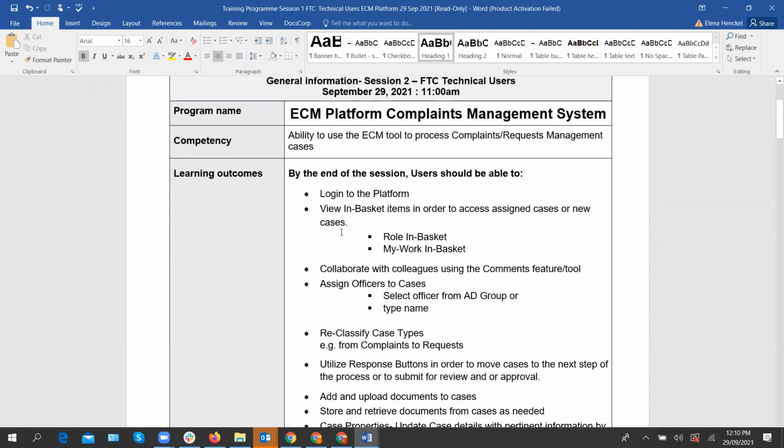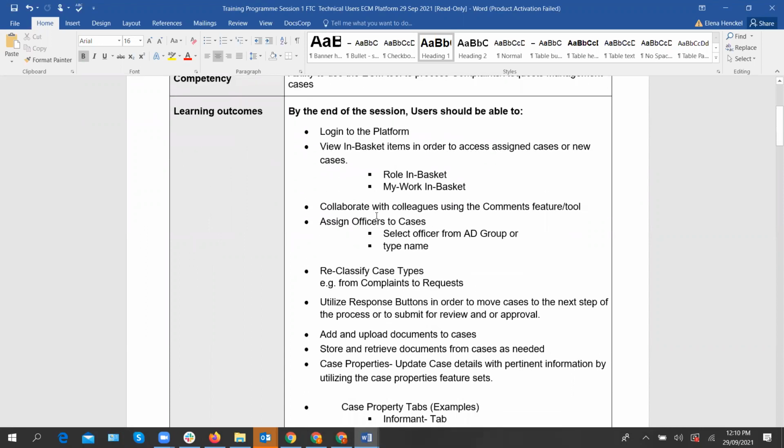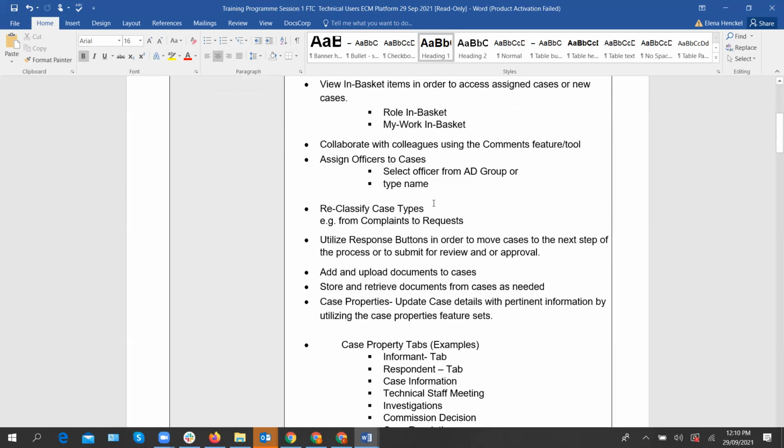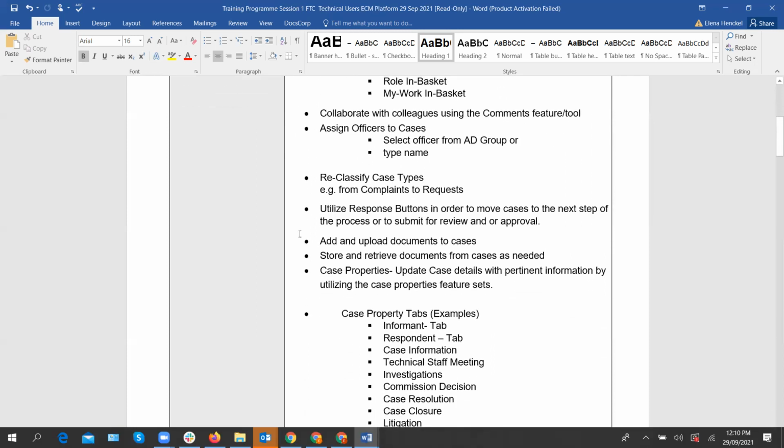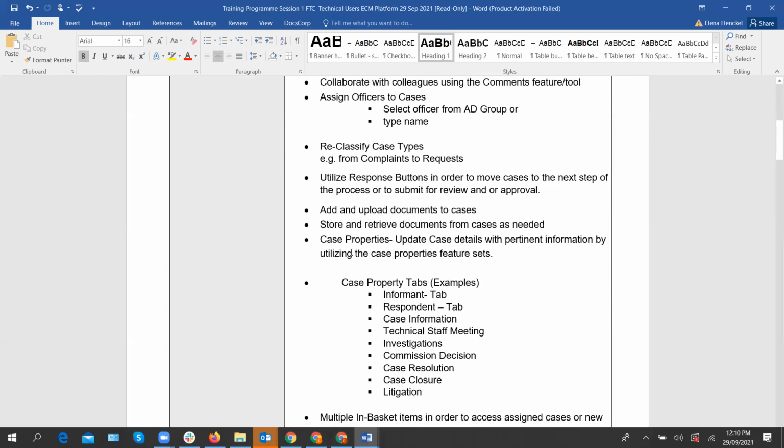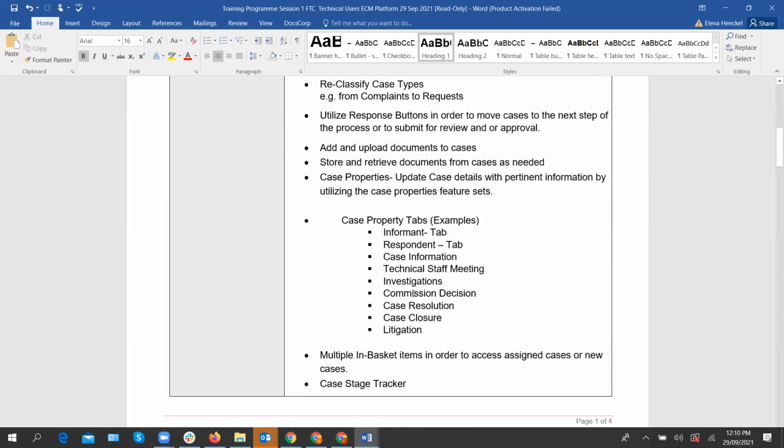We're going to view your in-basket menu items and look at the number of in-baskets that you have. I'm going to show you how to use the system to collaborate with colleagues, how to assign officers to cases, how to reclassify cases, how to utilize response buttons, how to store and retrieve documents from the case as needed, understand case properties and how to use case properties,